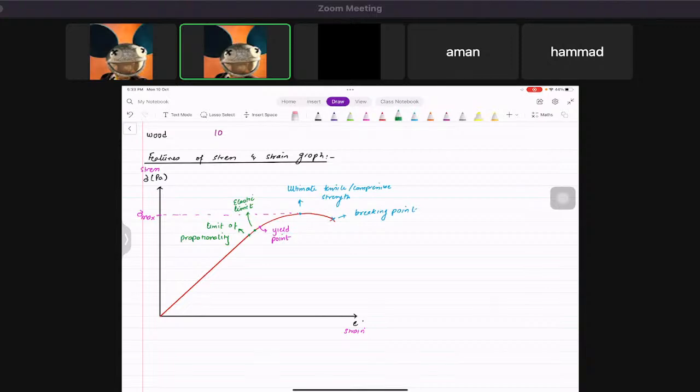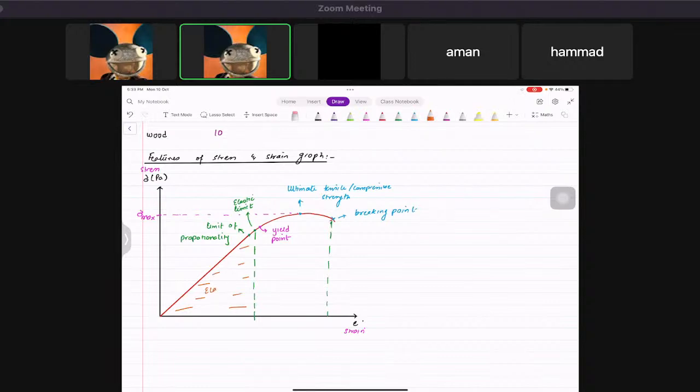So till the elastic limit, if you check this out like this, and then this, let's separate them. The region you see right now, like this, is